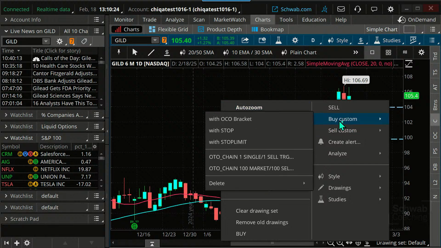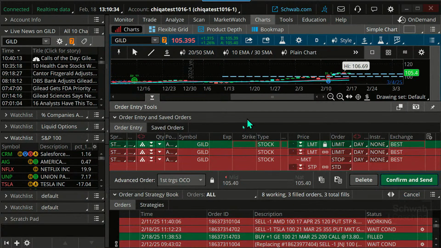I'm going to buy custom. That's giving me an order to buy with an OCO bracket. This is a bracket order, which is very standard with a swing trade. Remember,